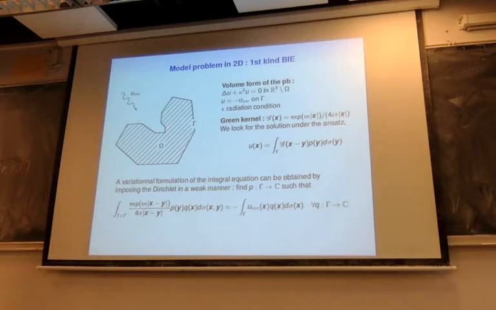Here I took it in 3D, but you can also consider this kind of problem in 2D. I consider an incident wave coming from infinity. So this U incident is a plane wave with wave number kappa. And this has to be supplemented with the radiation condition so that this problem admits a unique solution. So this is a Helmholtz problem with Dirichlet boundary condition at the boundary of a bounded scatterer.